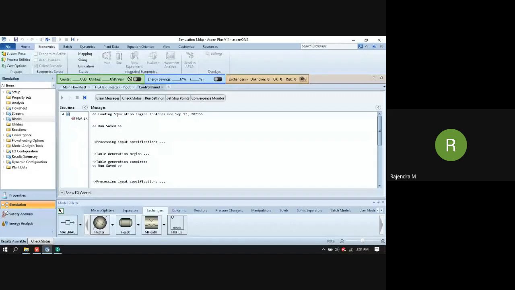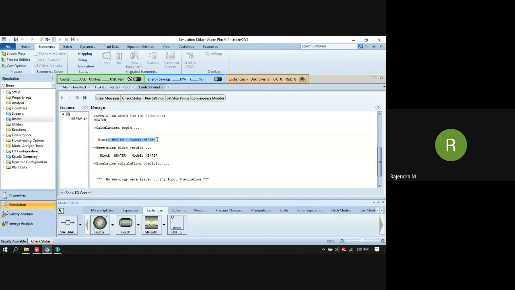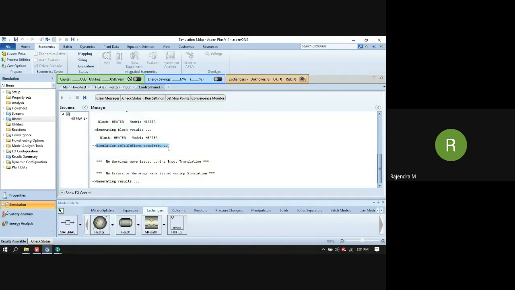Like the simulation start time and date, input specification, table generation. Then calculation begins for this block. Okay. Then results are generated, simulation calculations completed, no warning is issued, no errors are issued. On the left hand side you can see that everything is okay, results are available.